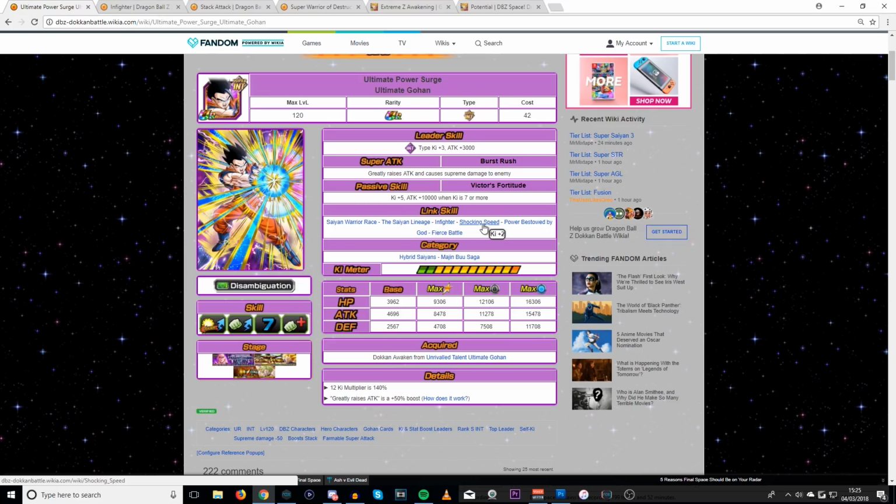But I am very excited because this Ultimate Gohan, I feel like he was kind of underrated from the start, and he is still kind of underrated. But it comes back to the fact that he does have that flat out attack increase, and we've gone over it before. It's the reason why units like Super Saiyan Blue Kaioken, you never see him anymore because of that flat out attack increase. And it's just so important in this meta to have a percentage increase